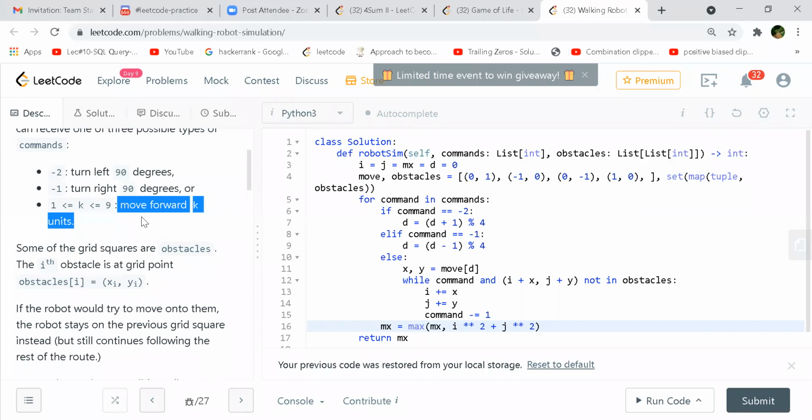If you look at line 12, what he's doing is trying to find if it's there in the obstacle. If it's not in the obstacle, then only he's adding the x and y to i and j. Or else your i and j values will remain the same as they were earlier. If the robot tries to move onto them, the robot stays on the previous grid square instead. Okay, got it.